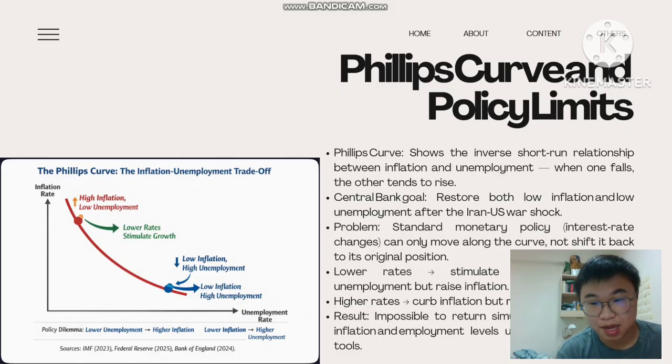Okay, the Phillips curve and policy limits. As we see, the Phillips curve shows the inverse short-run relationship between inflation and unemployment. When one falls, the other tends to rise. The central bank's goal is to restore both low inflation and low unemployment after the US-Iran